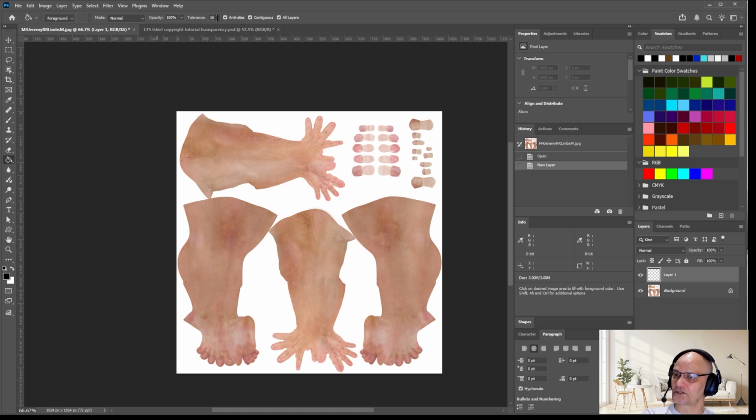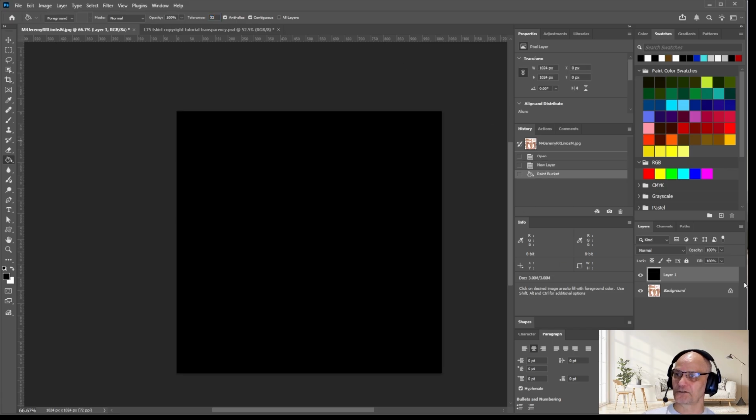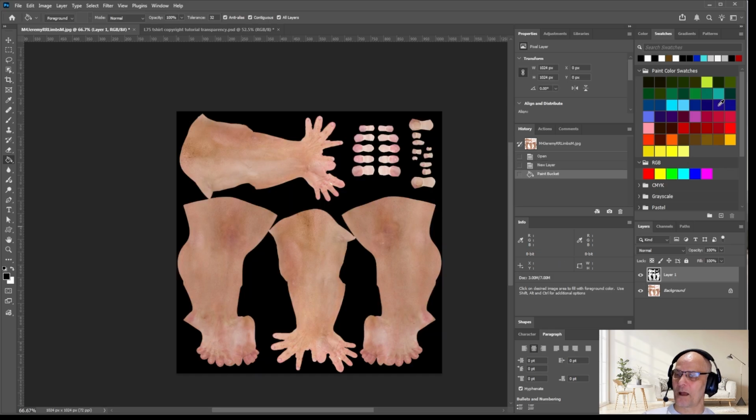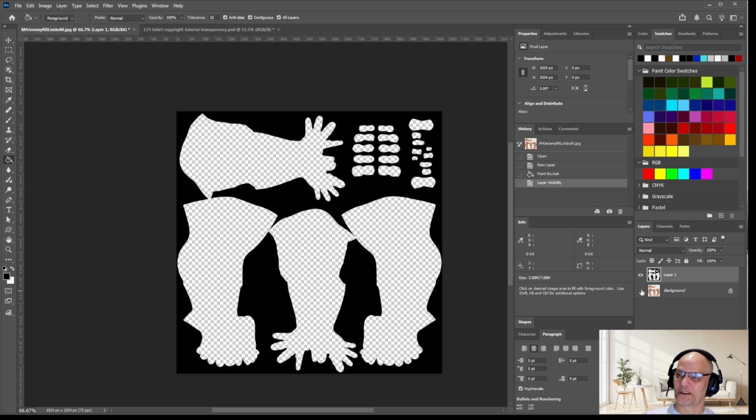I'm just going to check the tolerance here. I'm going to go up to 30, and I'm going to do contiguous. Here's an important one, all layers. If I don't select that, it just fills the whole layer. Control Z to undo. So I select that and it respects the layers underneath. So I click that. So now what I've got is a black layer here, just like we did before, transparency